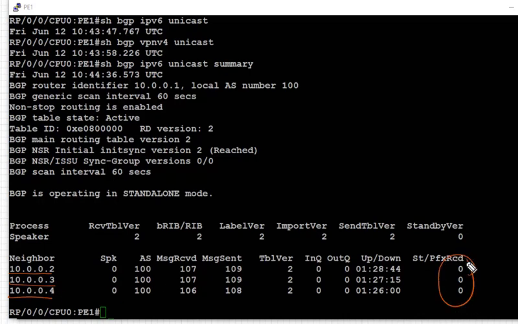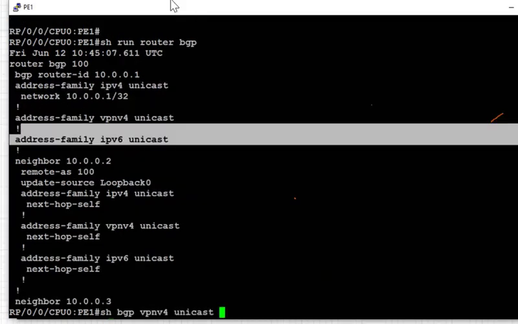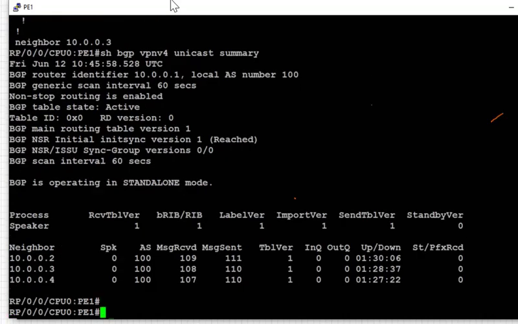However, there are no prefixes configured so far. Similarly, for VPNv4, we can use show BGP VPNv4 unicast summary. That gives us the BGP peering for the VPNv4 address family, and we see that there are no prefixes received in this case.